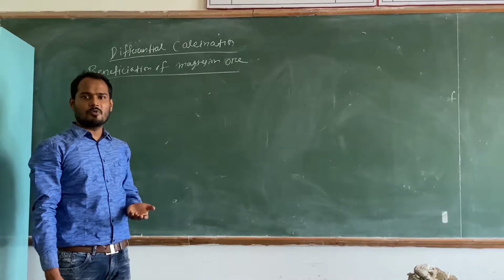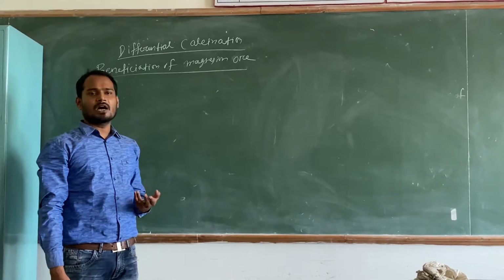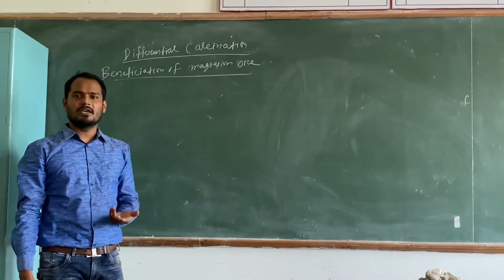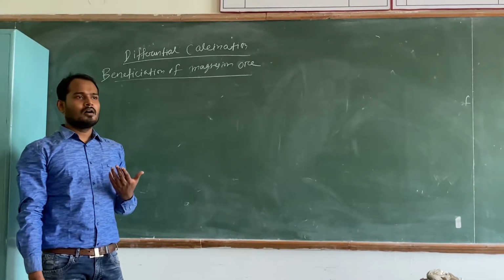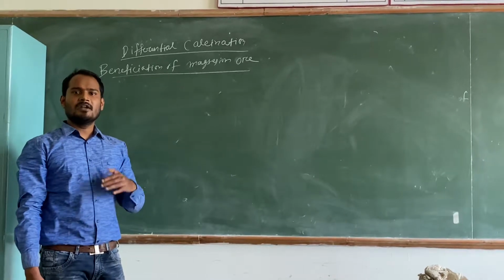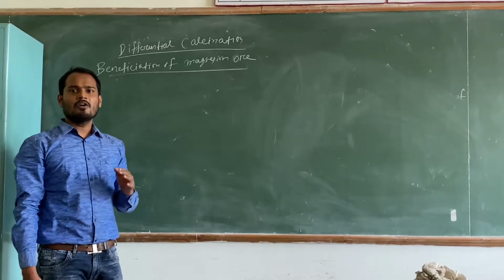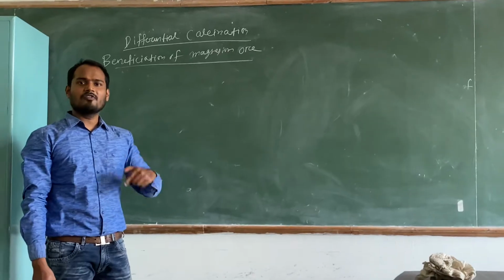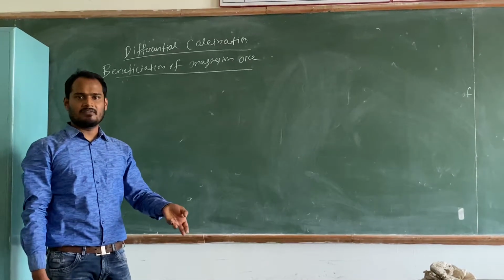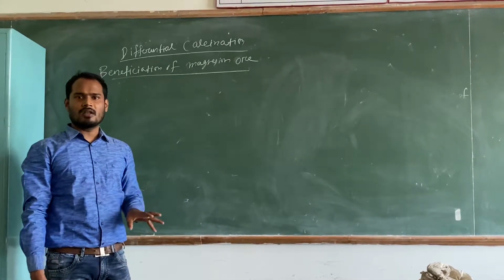Limestone decomposes at 850, magnesium carbonate decomposes at 470, iron carbonate decomposes at 400 degrees centigrade, and manganese carbonate decomposes at 377 degrees centigrade. So different carbonates have different decomposition or calcination temperatures. Above that temperature, they will decompose into oxides and volatile matter, carbon dioxide, right? But below that temperature, it will not happen, right?